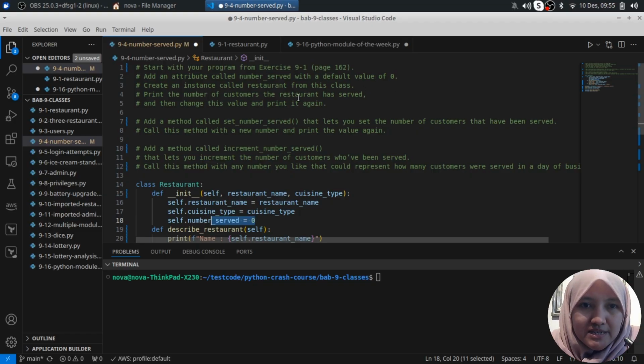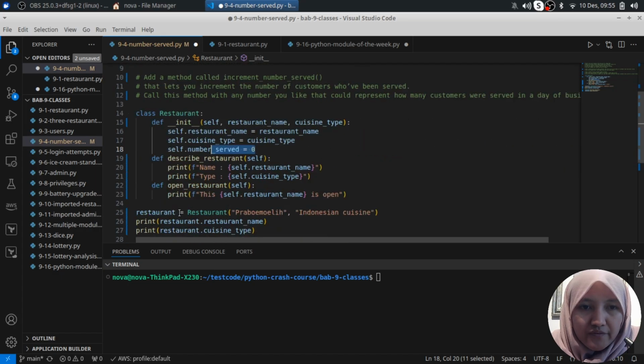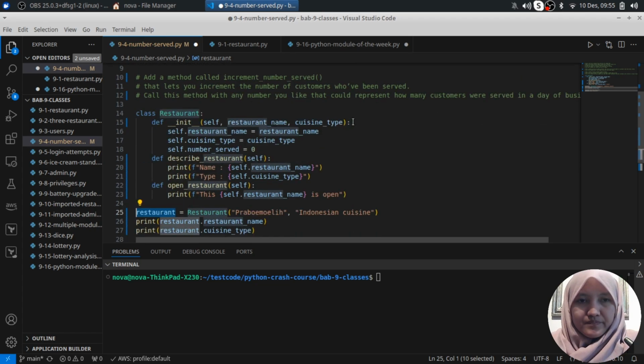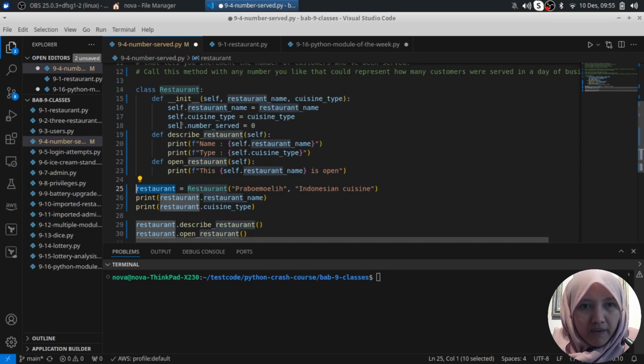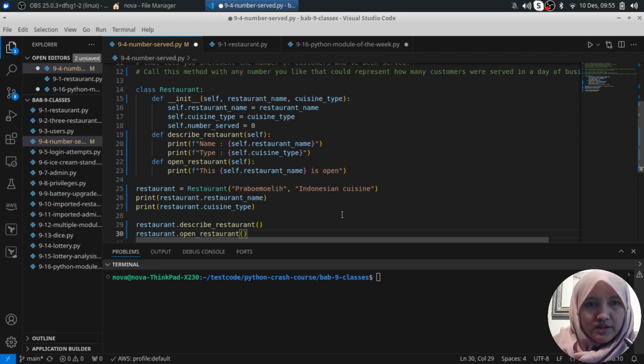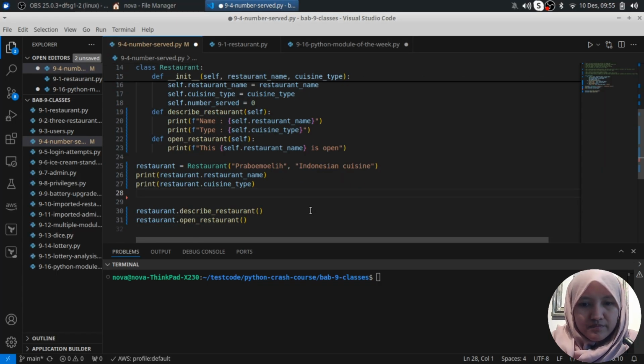And then create an instance called restaurant from this class. Yes, we have the instance restaurant here, and then print the number of customers the restaurant has served. So we would like to add here calling describe restaurant dot, like this, print